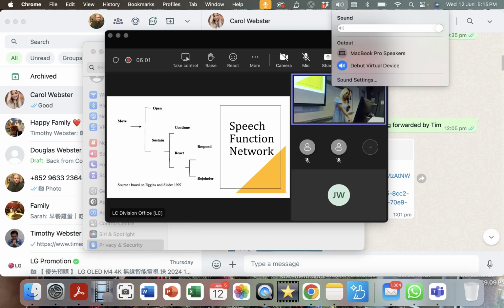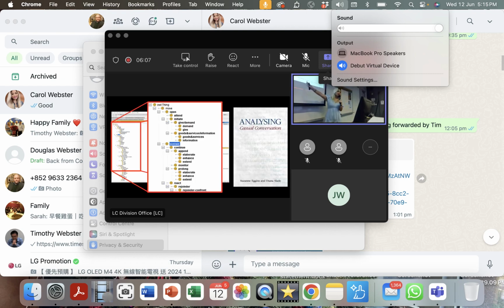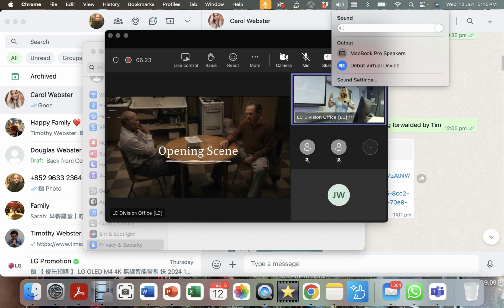Psychology can help me to provide the methodology framework that I needed. As you can see, I use this in my study. For example, moves can be categorized into those that open and sustain the conversation. Sustaining moves either continue or react to what is being said in the speech. So I will show you a brief